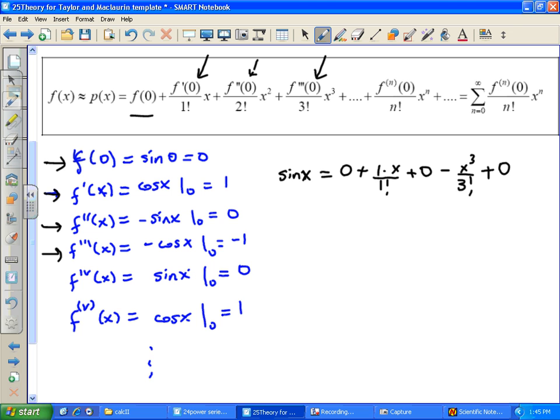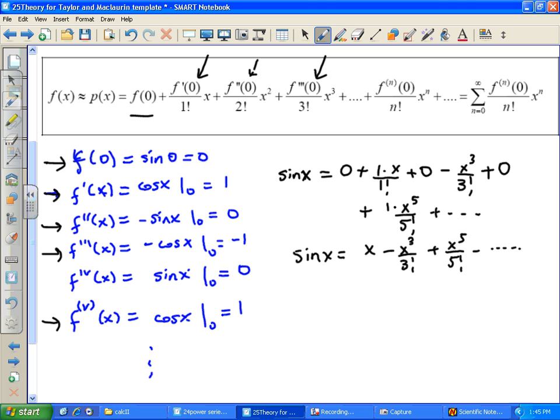What will the next one be? Now, the fifth derivative, right? The fifth derivative is back over here, is positive 1 times x to the 5 over 5 factorial. Now, let me just clean this up a little bit, right, without all the zeros in it. So this is x minus x cubed over 3 factorial plus x to the 5 over 5 factorial,